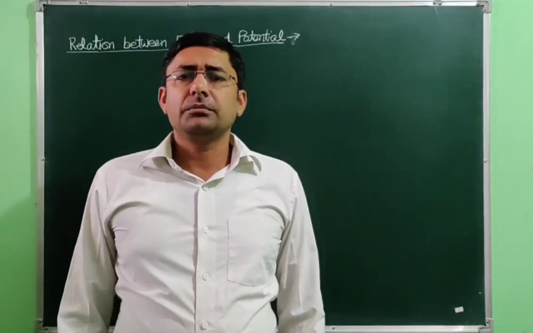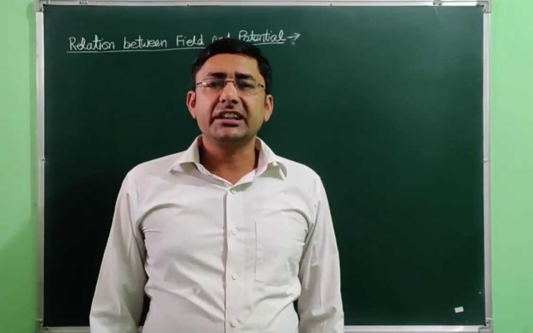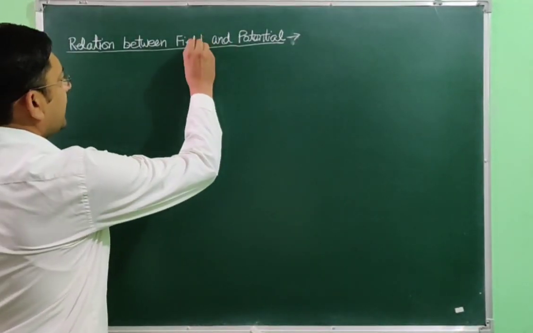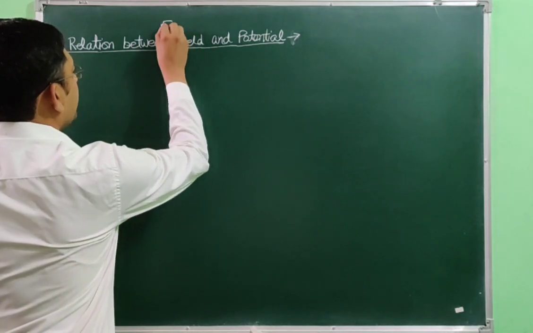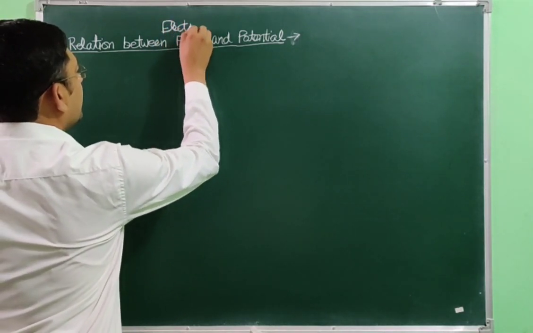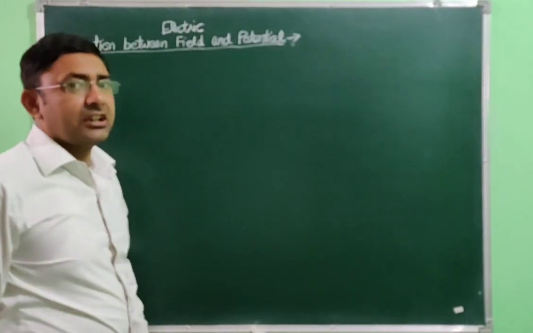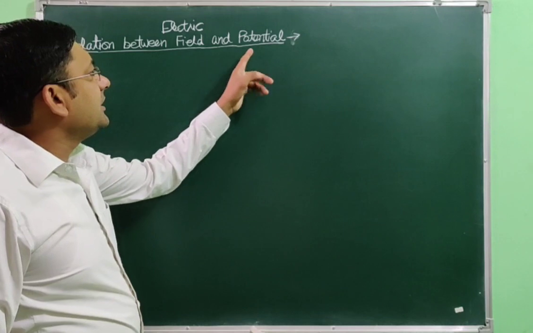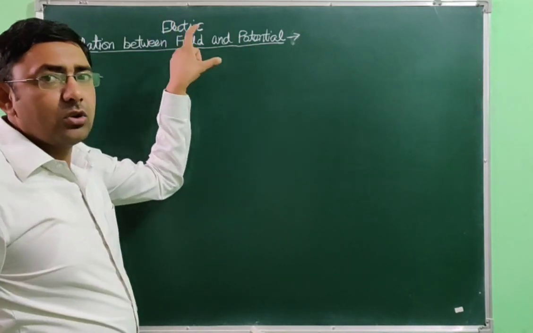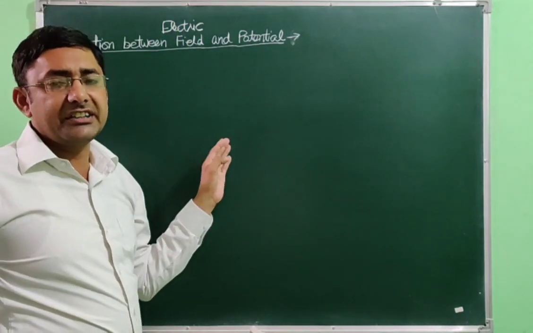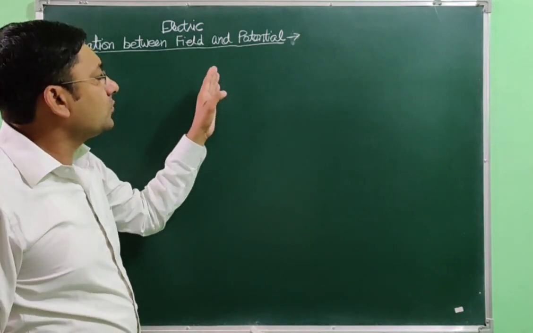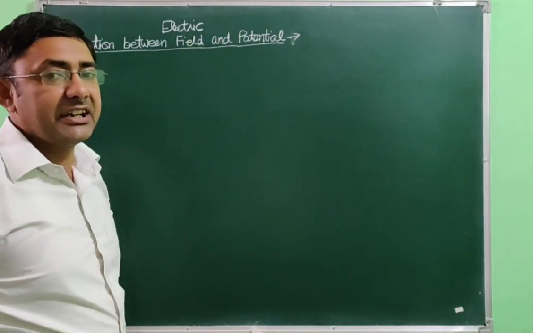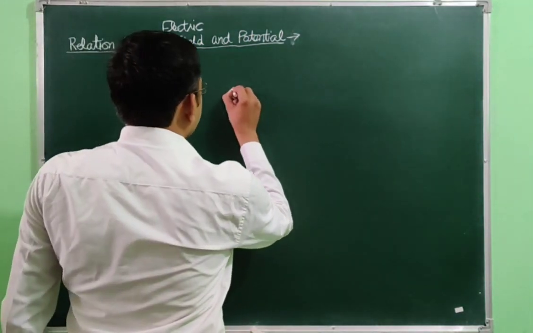प्यारे बच्चों, आज मैं स्टार्ट करने जा रहा हूँ रिलेशन बिटवीन फील्ड एंड पोटेंशियल। तो इट इज रिलेशन बिटवीन इलेक्ट्रिक फील्ड एंड पोटेंशियल। तो जब मैंने ये चैप्टर स्टार्ट किया था तो मैंने आपको बताया था कि हम इस इलेक्ट्रिक फील्ड को एक स्केलर फिजिकल क्वांटिटी से भी डिस्क्राइब कर सकते हैं और उस फिजिकल क्वांटिटी को हम क्या कहते हैं, पोटेंशियल। तो आज इलेक्ट्रिक फील्ड और पोटेंशियल में हम रिलेशन देखने वाले हैं।